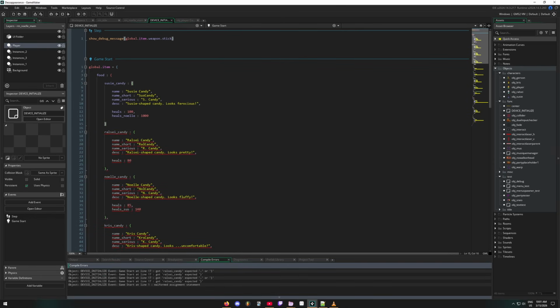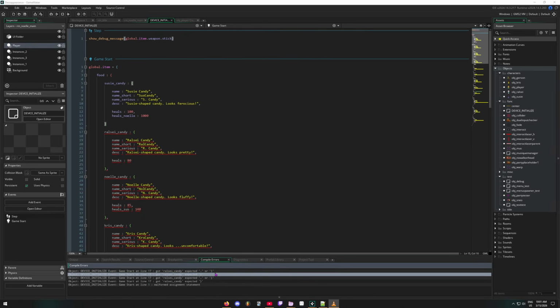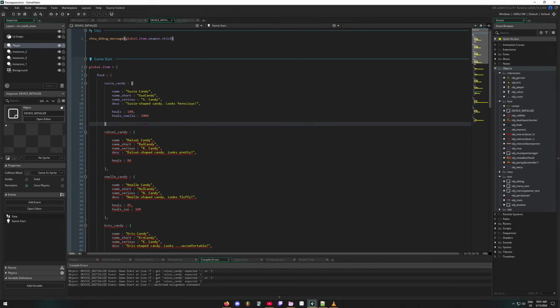Search around the area that it mentions and look out for a missing comma and add it in. In this case, you can see it's saying line 17, so if you look around here, oh, here we go. This is where the comma's missing and we can add it back in. And if Gamemaker isn't highlighting exactly where you're having an error, you should be able to restart it, and that